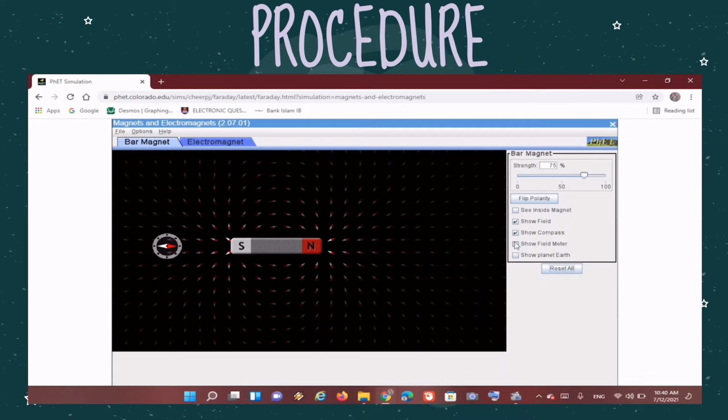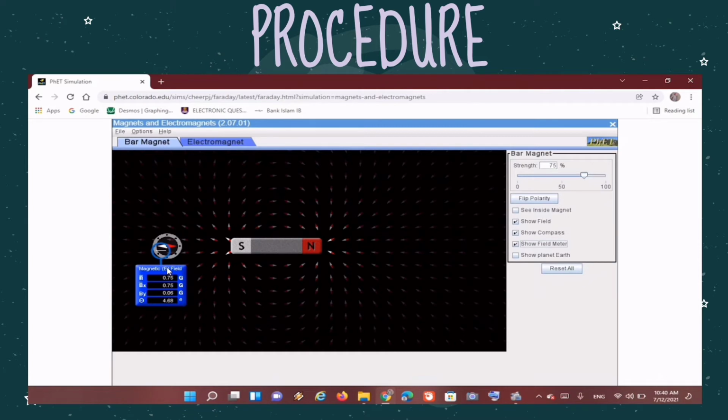Thirdly, there is a blue box which is the field meter. The field meter was moved around the bar magnet to observe whether the magnetic field increased or decreased as the field meter was moved closer to the magnet. Then, the field meter was moved about 1 inch away from the north pole of the magnet, and the magnitude of the field strength was recorded. Do the same thing on the south pole of the magnet